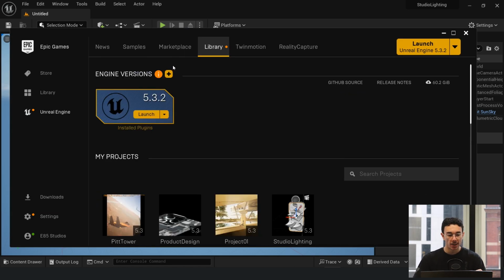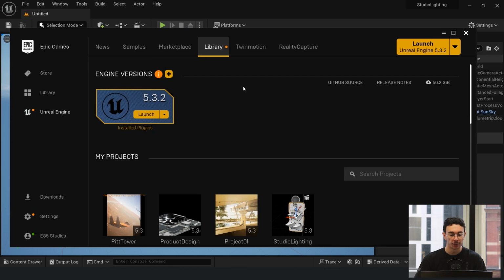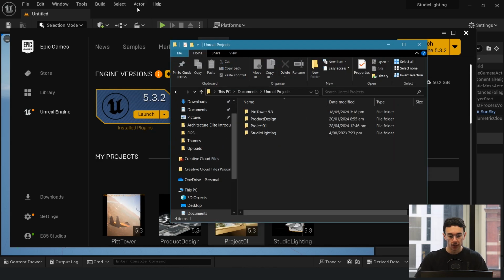So what you'll do is go ahead and download Unreal Engine 5.1 and create a new project in 5.1. Then go back to the Automotive Materials and add it to your 5.1 projects. Now, if you wanted to transfer those materials over to your 5.3 project, what you do is you go ahead